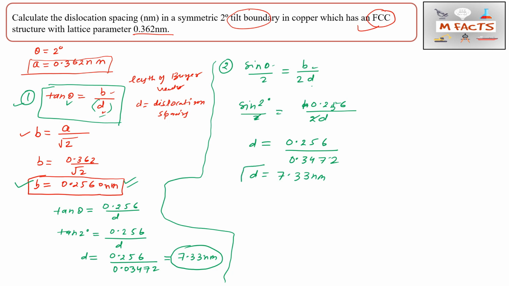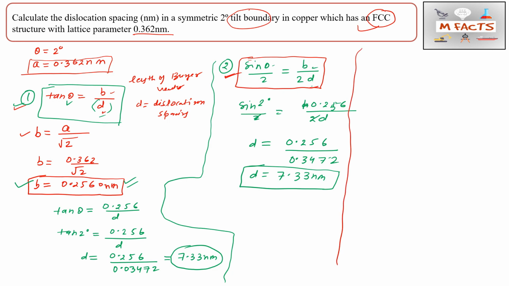Okay, so this is the second alternative formula we can use for the same question. But every time we will get the same answer if we follow the correct route. So this is the first formula, and this is the alternative formula for this question. And one more alternative formula for this question is here.